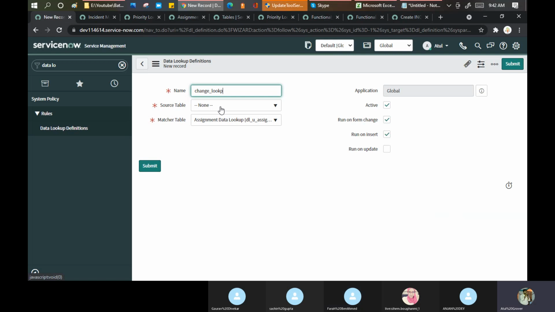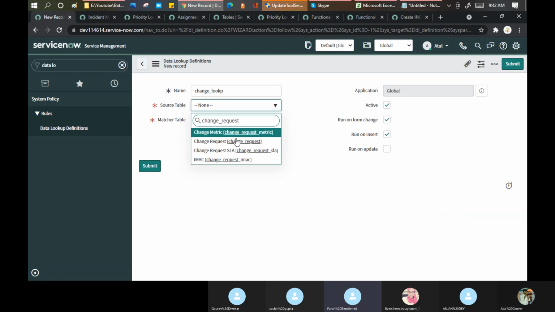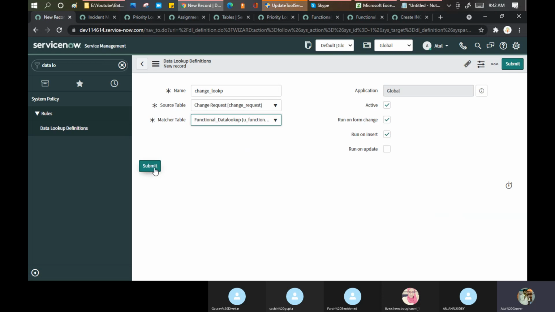Source table: change. Change, right? Change underscore request, not change. Change underscore request. Now you guys need to start remembering the table's name. Change request. Matching table, I say matching should be done from here. Submit.